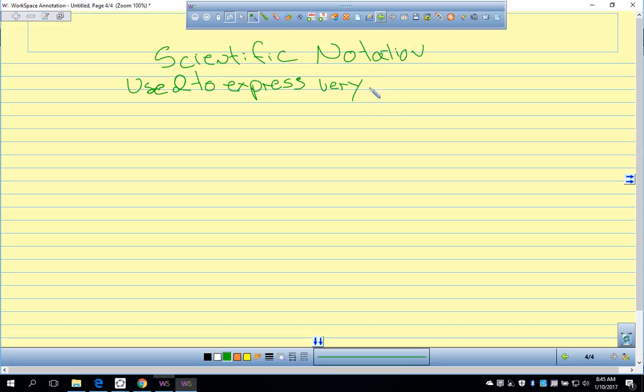I don't need that. Very big and very small numbers. Okay. Anyone think of a place where scientific notation is used? Like in science a lot. Like with moles and stuff, right? What's a mole? I do 6.2